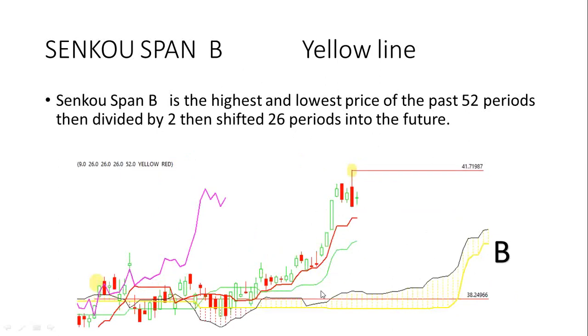And again, as price consolidates, this line will go flat, and then as price starts to move, it will follow price. It will set it up so that it's actually following price. When this forward cloud, when price eventually reaches it and the cloud is continually extended forward with the prices that are being generated to reach there,